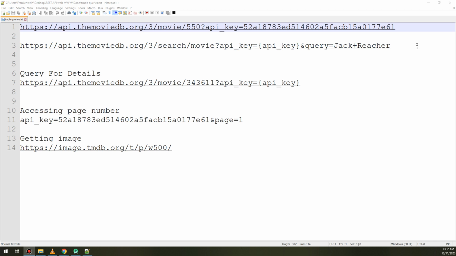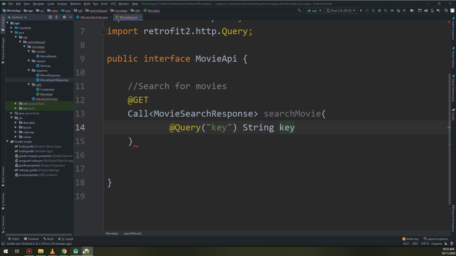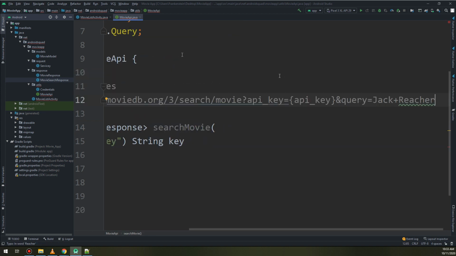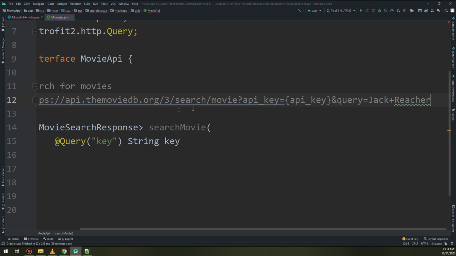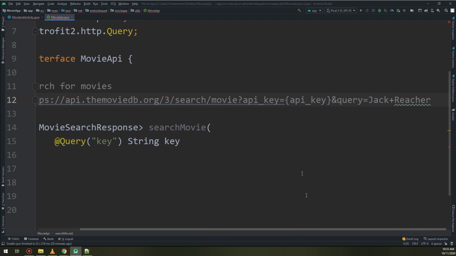So in order to make the search, I will copy this and go to Android Studio here. In order to understand it better, I will minimize. And in order to get the responses, we need to put the API key and the query. So guys, it's very important